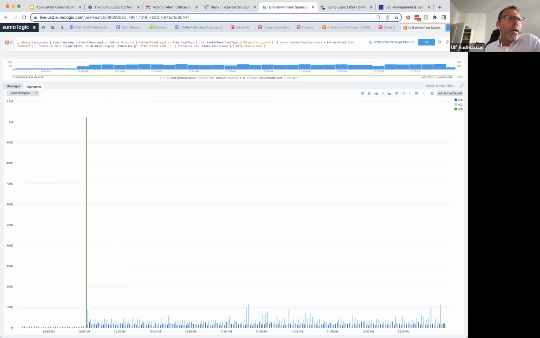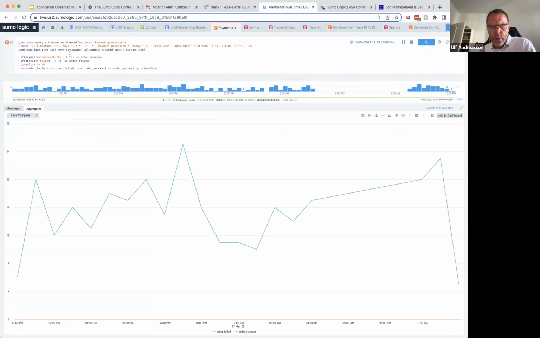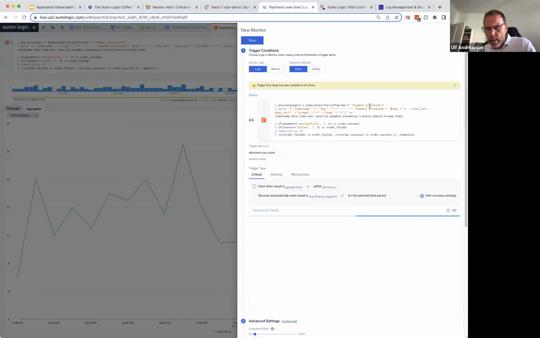There's a couple of questions here with regards to KPIs in dashboards. And actually, that's a good point. Now, this one is a bit too complex. But let's go back into the coffee bar application. Say, for example, that you see payments over time, and suddenly they are increasing too much. You get the search here, and what you can do is open that up in a monitor. This monitor would effectively say, if this payment processing is creeping up and you suddenly see a lot of failed